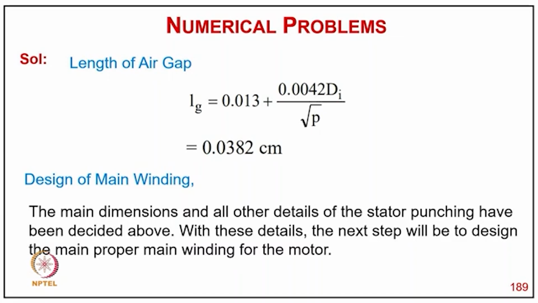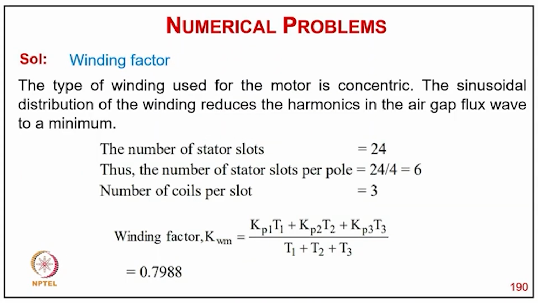Now coming to design of main winding. The main dimensions and all the details of stator punching have been decided above. With these details, the next step is to design the proper main winding for the motor. So coming to winding factor, the type of winding used for the motor is concentric. So sinusoidal distribution of the winding reduces the harmonics in the air gap wave to minimum. Number of stator slots is 24, so number of slots per pole is 24 by 4, that's 6. The number of coil sides per slot is 3. So winding factor from this relation we can calculate, that comes